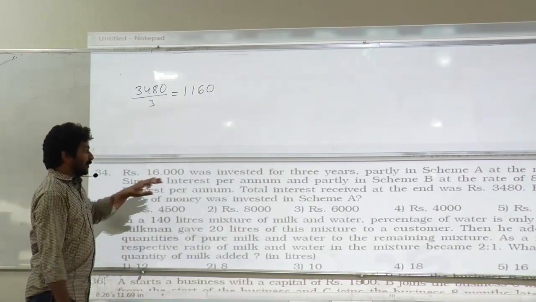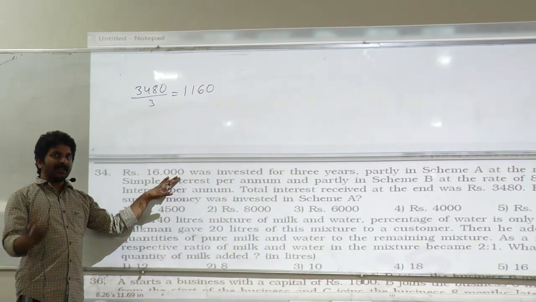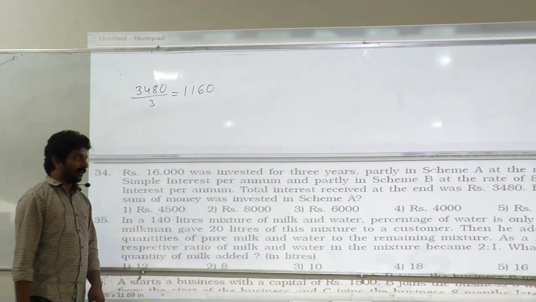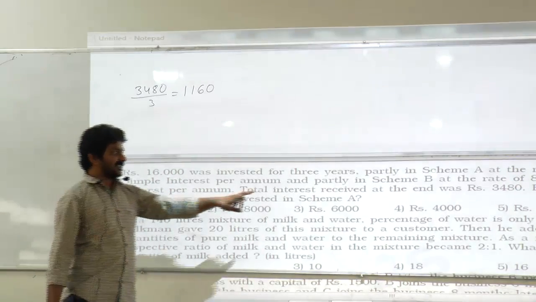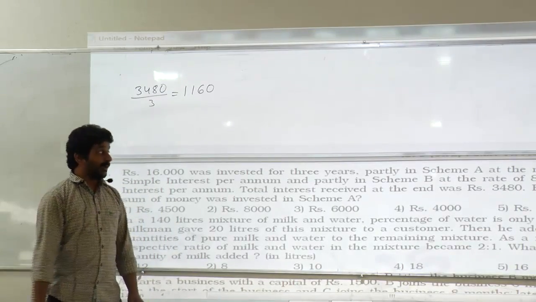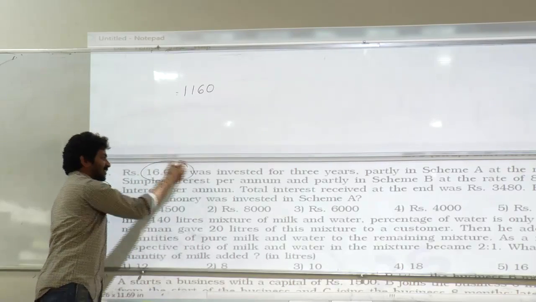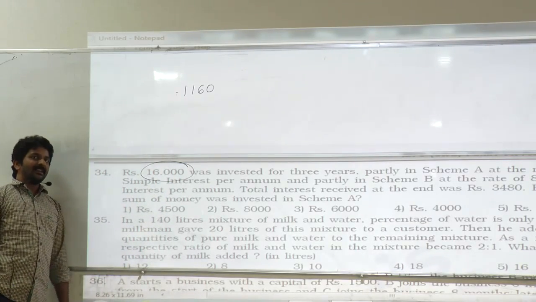Right? So out of 16,000, some of the amount is invested at 5% and the remaining is invested at 8%. And your question is about the money invested in scheme A. Scheme A is given for what percent? 5%. Scheme A is given for 5%. Now, if you treat the total money, 16,000 is given for